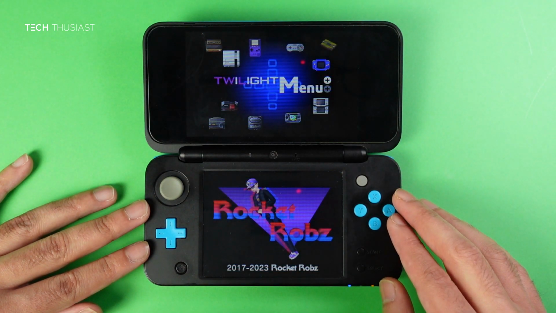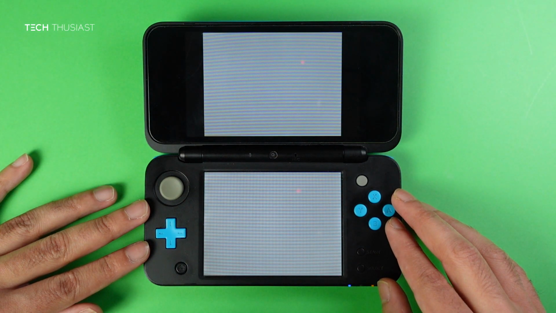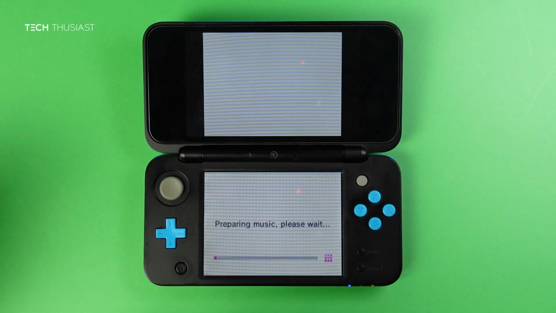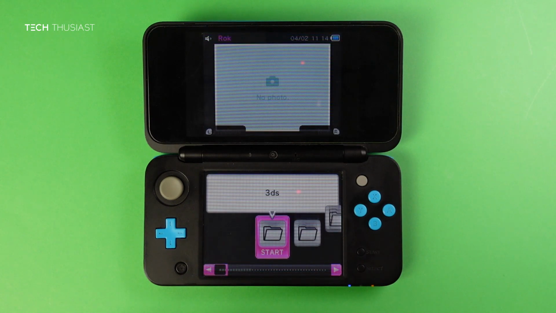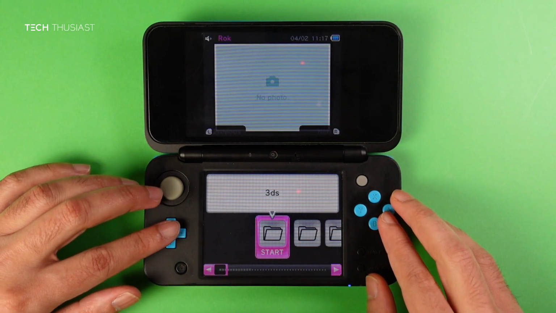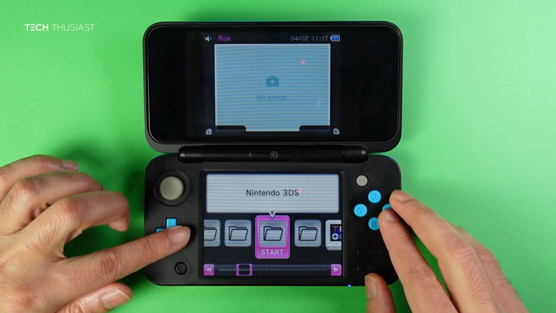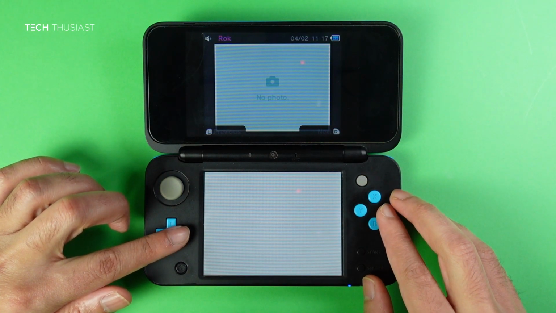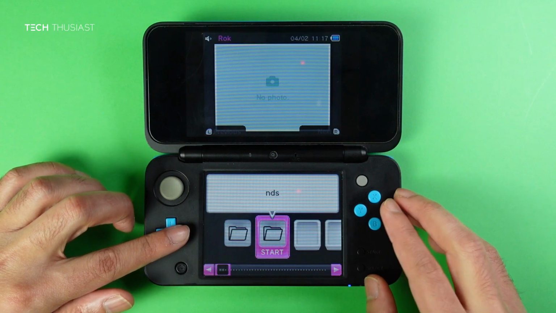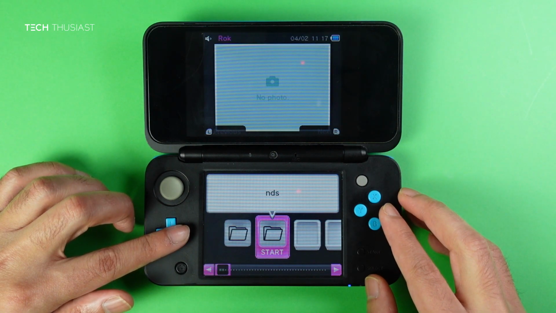and now we're in Twilight menu. Now this may take a good few seconds or minutes to set up, so I'll just speed up the video here. Now we're in the file browser, so I'm just gonna go right until I find the ROMs folder. Here it is. And press right, and straight away the NDS folder, as I've deleted the other folders that were already here. So press A,